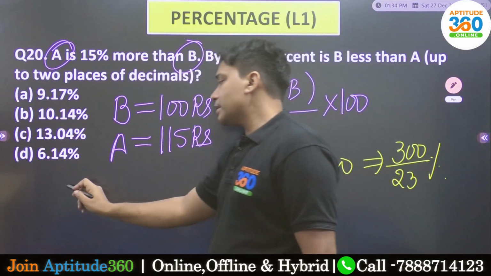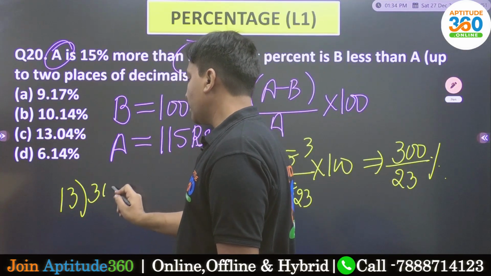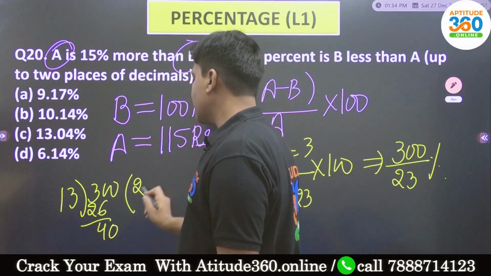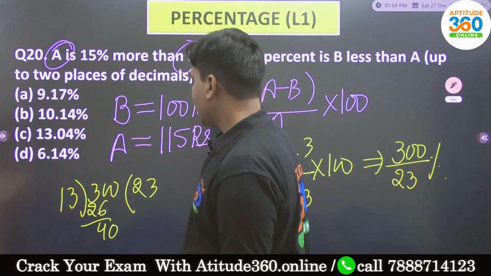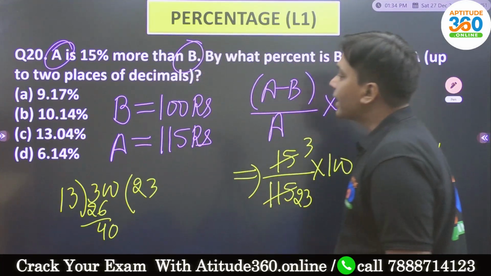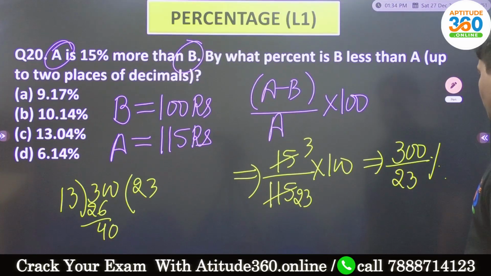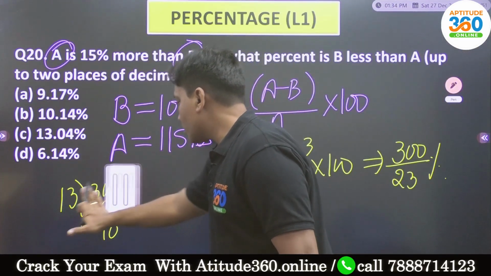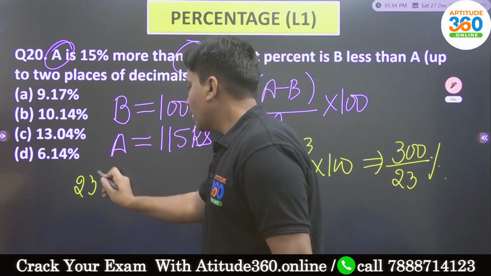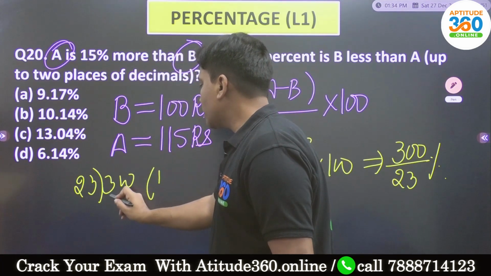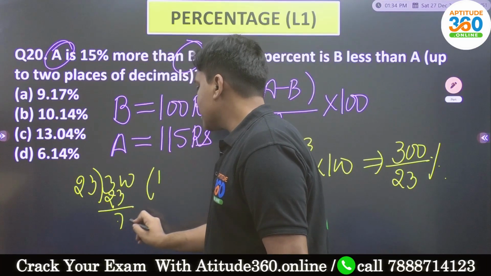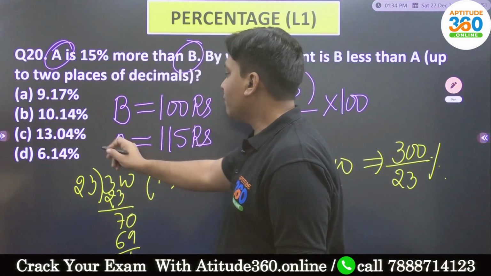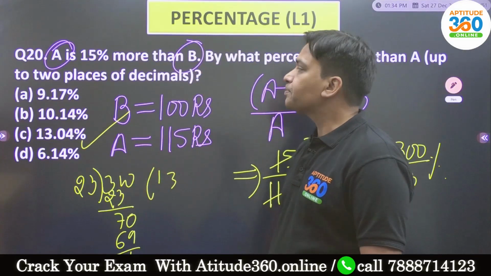300 upon 23% को निकालने के लिए 13, 300. This is 2 times and then 26 and then 4 and then 0. What is that we are getting here? Am I solving it wrongly? It is 23. This is going to be one time. No. That's 23. When it is dividing 300, it is 13.04 or 69, 1. Now you have your answer, which is C, isn't it?